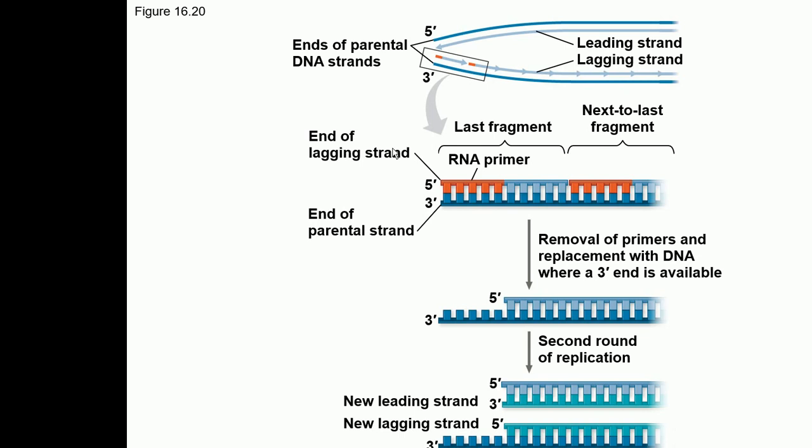But what about when this primer is removed? How is this part going to be filled? Because this side of the DNA is 5', and 3' is on this side. For filling this gap, DNA polymerase needs a 3' end. It's not going to get it, because 5' is on this side and 3' is on this side. To fill this gap, there is no 3' end. So this part of the DNA is not filled.